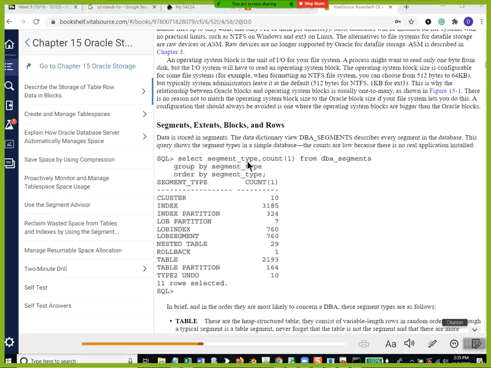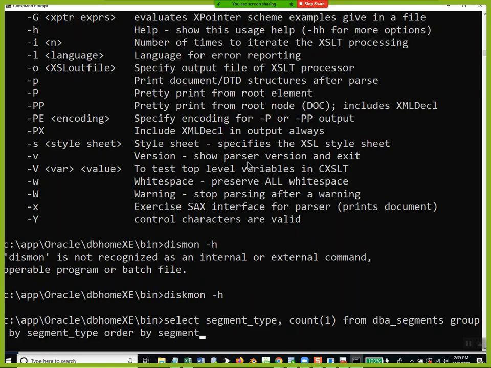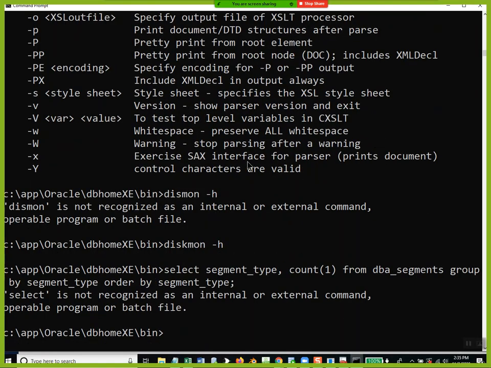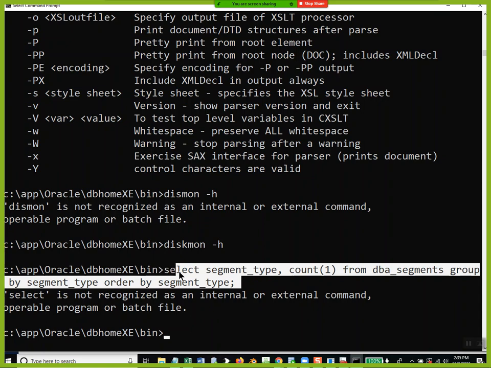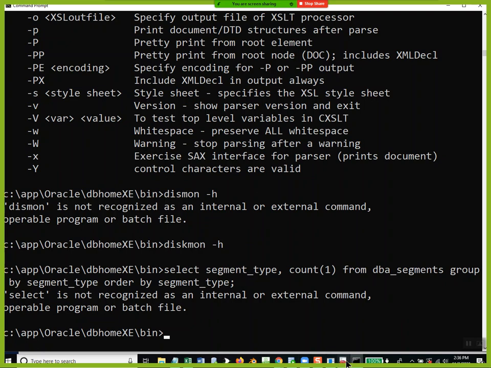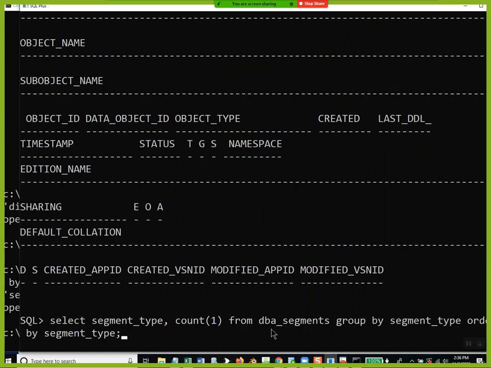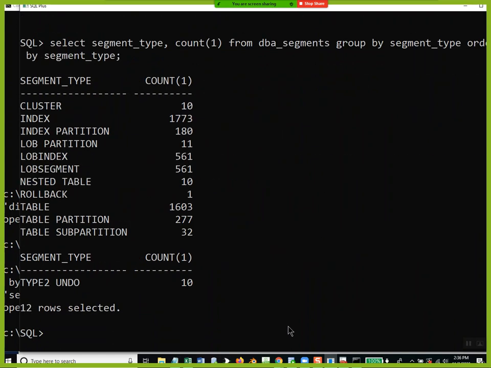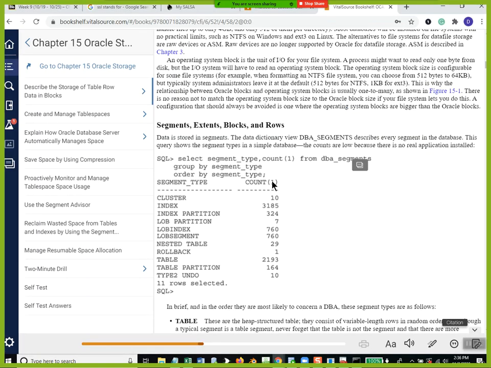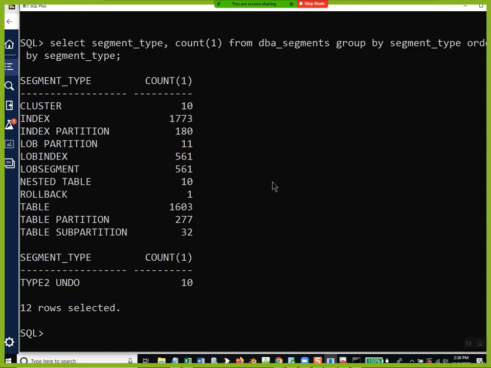Order by segment type. Select is not recognized as internal or external. Oh, I'm not even in. There it is. Okay, and